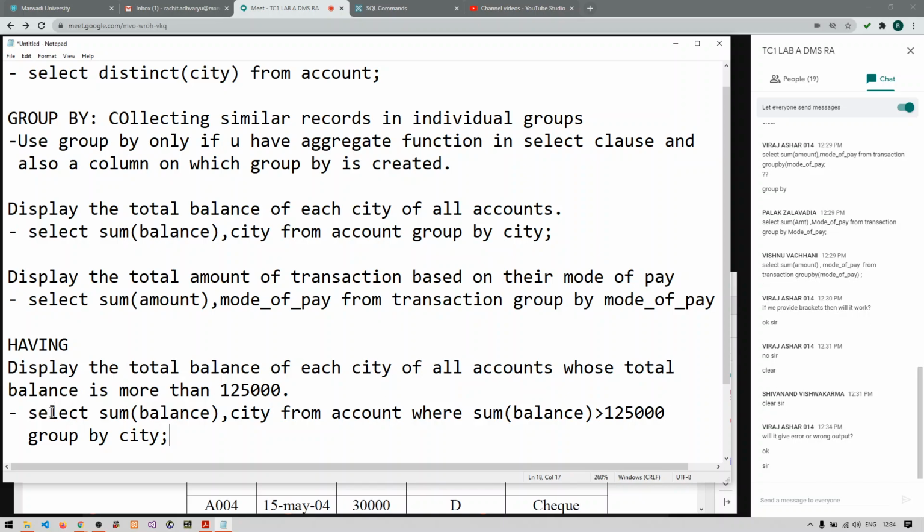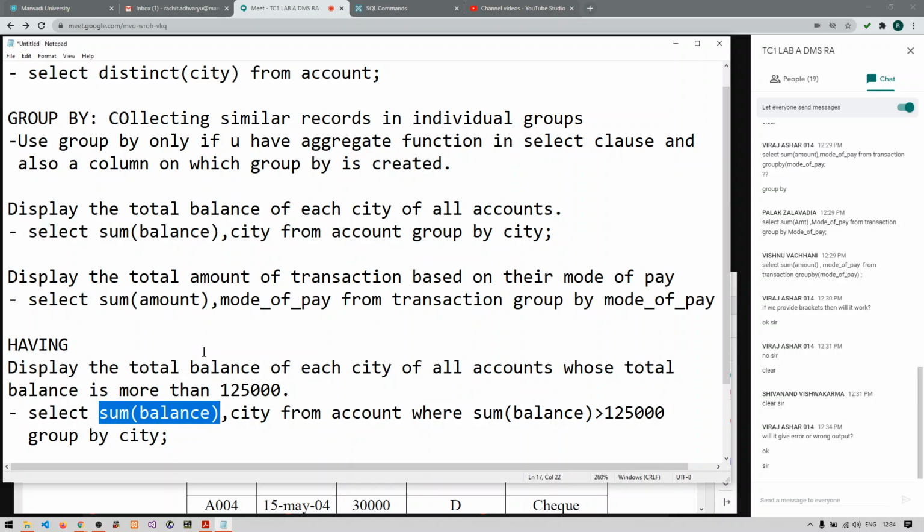Right, so remember the 2 points for having. First thing, you want to put a condition on your aggregate function. Our aggregate function is sum of balance. And second thing, you are also using a group by. So if you have both the things, then and only then you can use having clause.